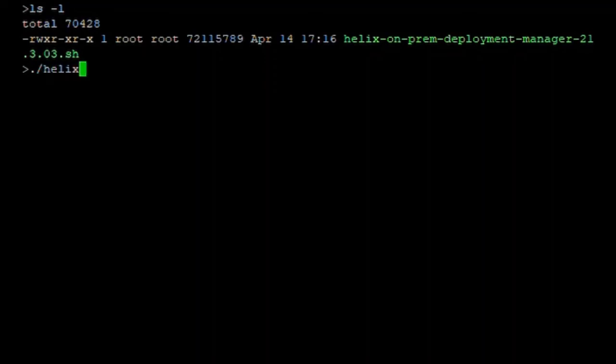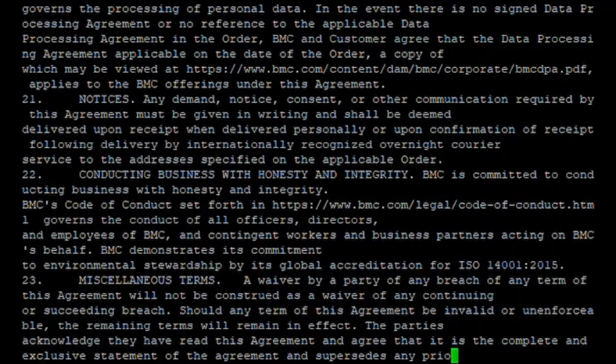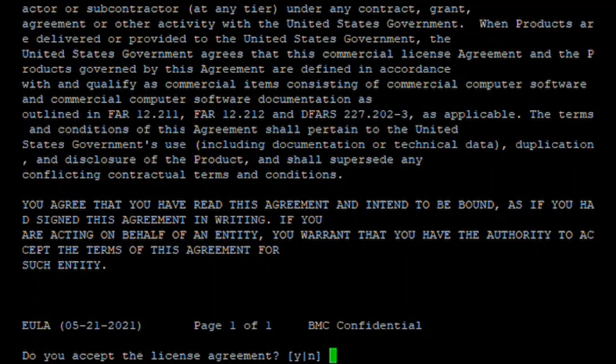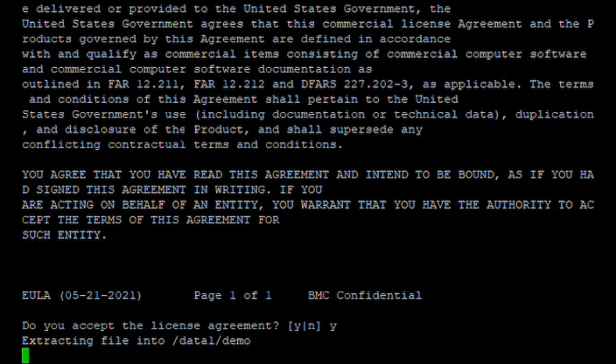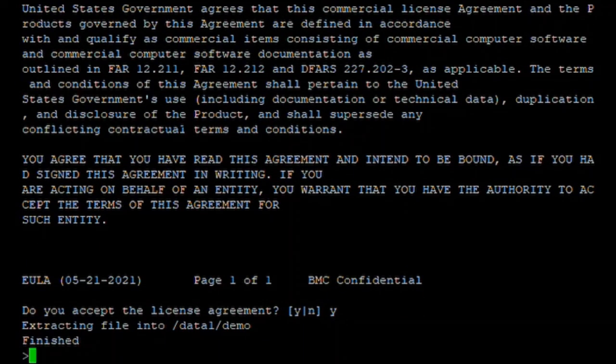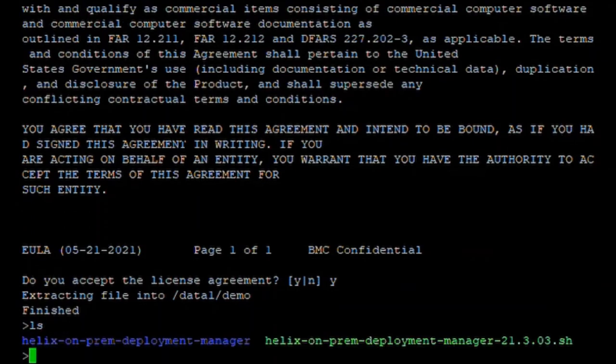I'm going to execute it. I accept the license agreement, and what's going to happen is it's going to generate the actual install. In this case, it's the Helix On-Prem Deployment Manager in my directory.